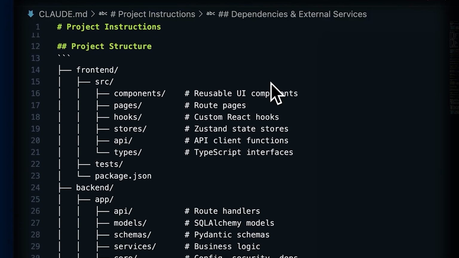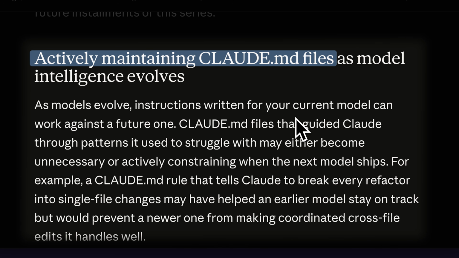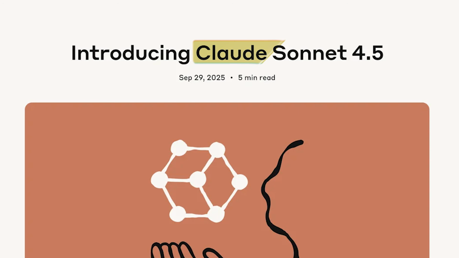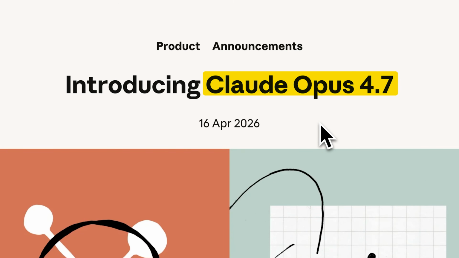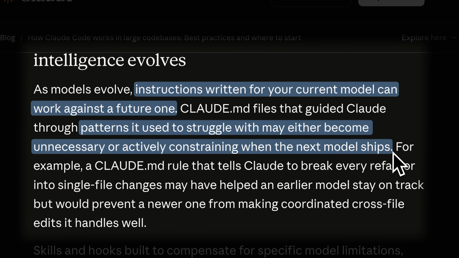This file is not something you write once and rely on forever. We need to maintain it actively, not only as the project evolves, but also as model intelligence evolves. The principles applicable for Sonnet 4.5 will definitely not apply for Opus. Newer models are trained to overcome patterns that were failing in earlier instructions, so giving the same instructions to every